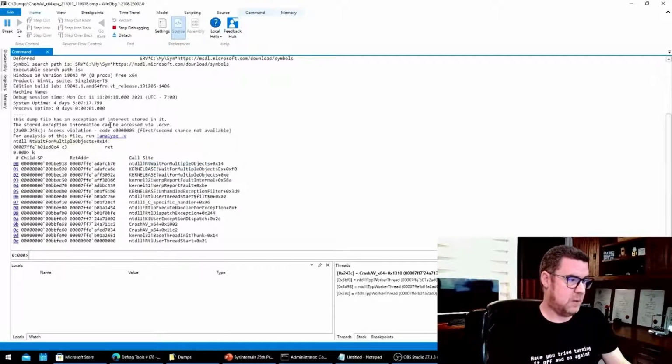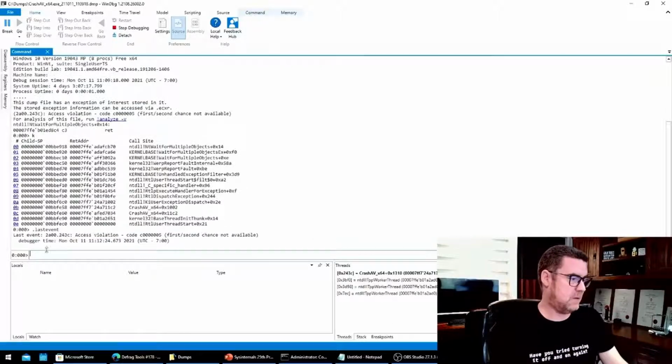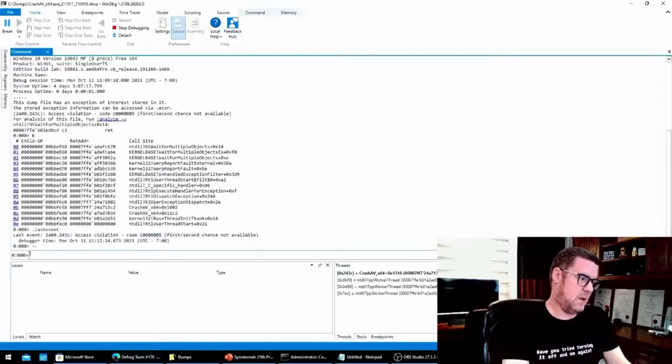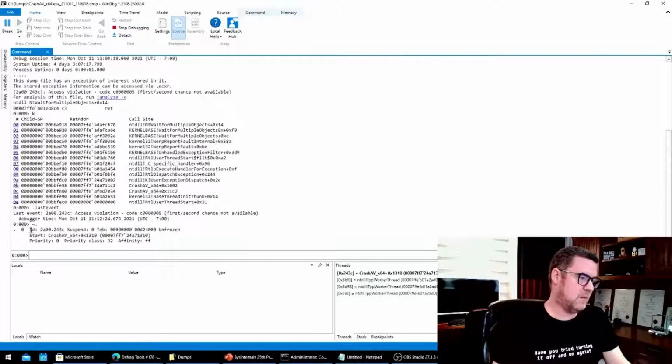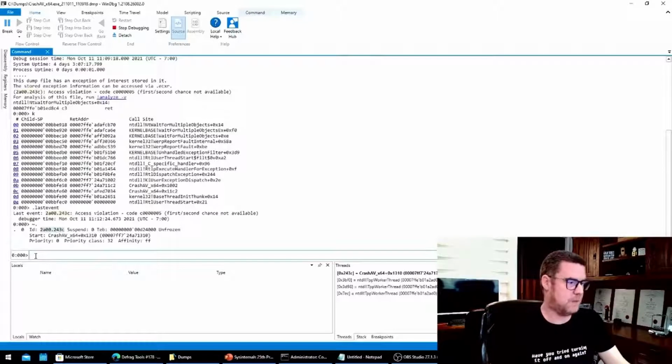As I said, you can always run !analyze -v at any time to get the answer, but we're going to go into the specific details. So .lastevent, just to show you what happened. On this process and this thread, there was an access violation. The tilde command just tells you where the debugger currently is. Same numbers, because the debugger will default to the same thread. The fact that it's thread 0 is by luck, not by design.